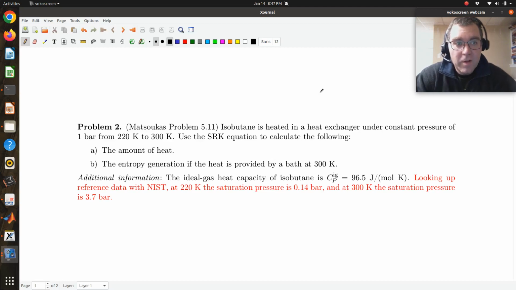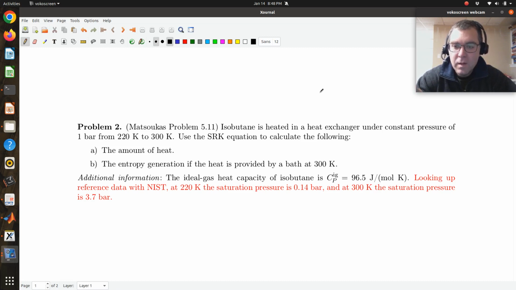All right, let's take a look at problem 2 or example 2 from chapter 5. Isobutane is heated in a heat exchanger under constant pressure of 1 bar from 220 Kelvin to 300 Kelvin. Use the SRK equation to calculate the following. A, the amount of heat, and B, the entropy generation if the heat is provided by a bath at 300